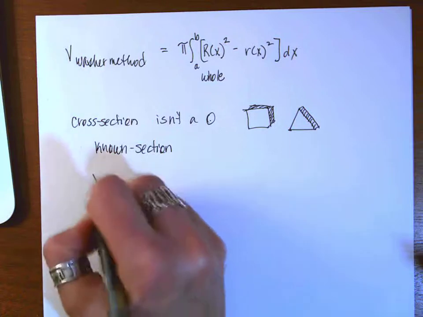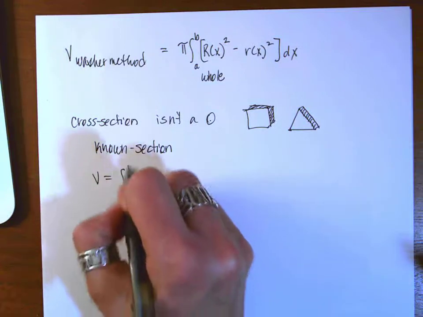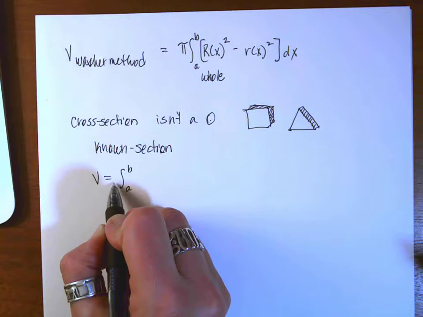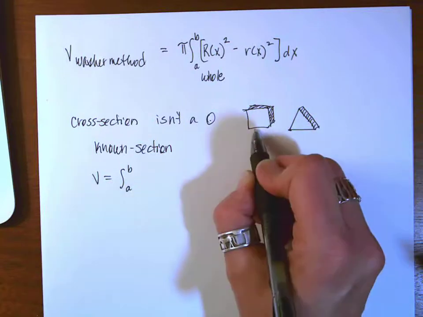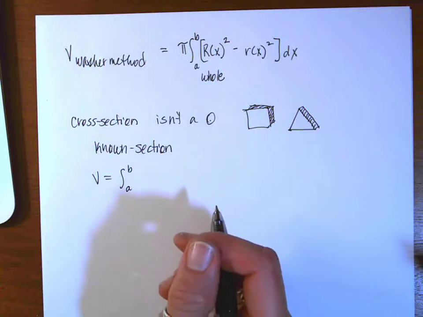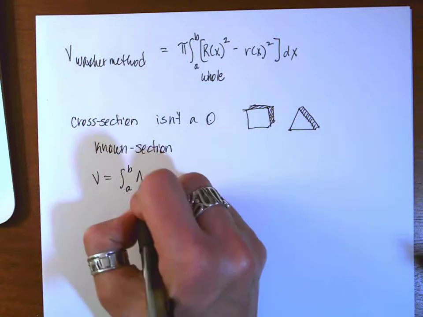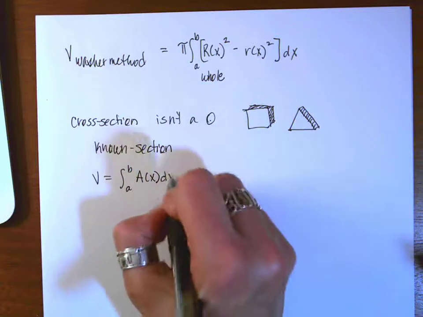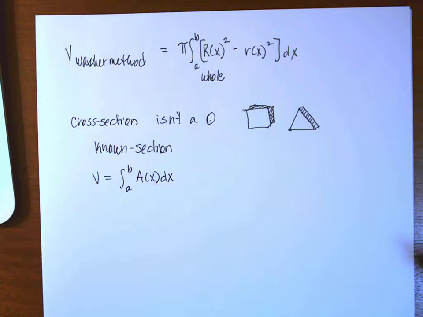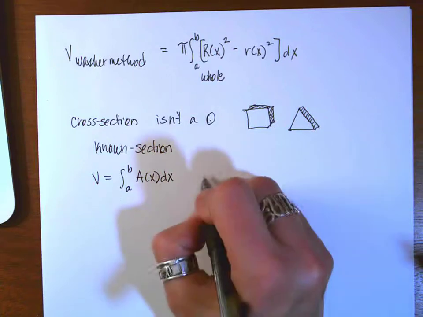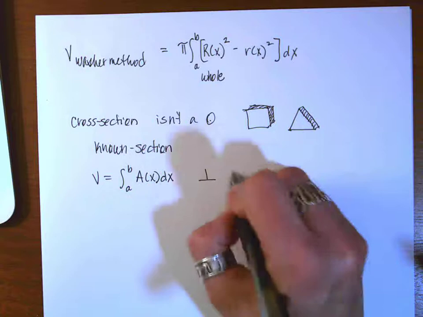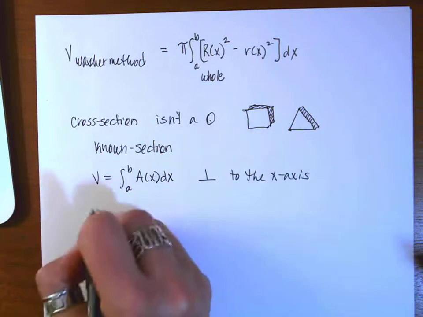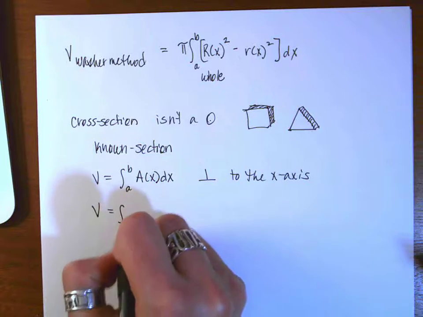So if I have a known cross-section, then my volume formula is going to be the integral from A to B. Notice there's no pi out front because it's no longer a circle. It is one of these other shapes, and it could be other things as well. It doesn't have to be a square or a rectangle, but it is the area of the cross-section times the thickness of the cross-section. This particular formula is used if the cross-section is perpendicular to the x-axis,